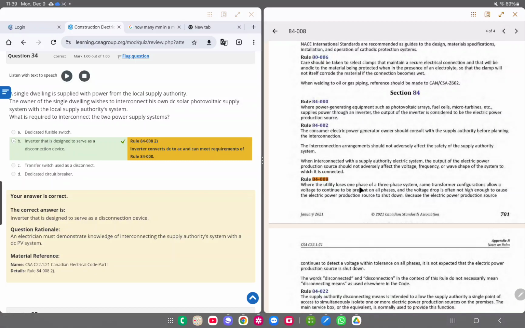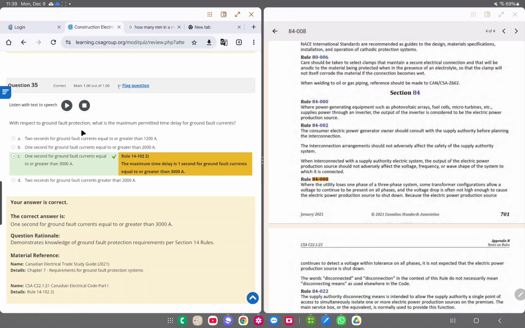Where the utility loses one phase of a three-phase system, some transformer configurations allow voltage to continue to be present in all phases. The voltage drop is where disconnected and disconnection in context of the rule do not necessarily mean disconnected means. Anyway,